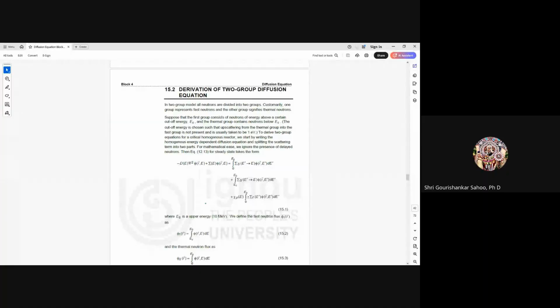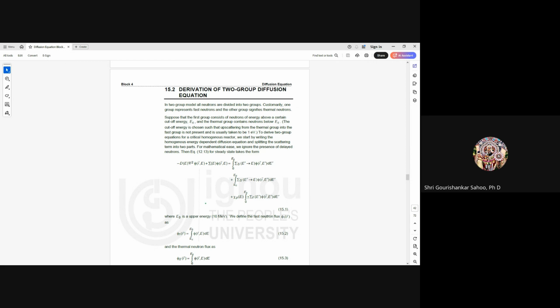To derive the two group equation for a critical homogeneous reactor, we start by writing the homogeneous energy dependent diffusion equation and splitting the scattering term into two parts. For mathematical simplicity, we shall ignore the presence of delayed neutrons. Then you have the steady state form as minus D del square phi plus sigma phi is equal to integration